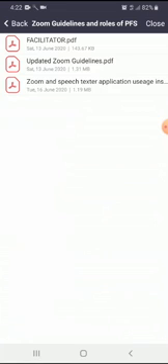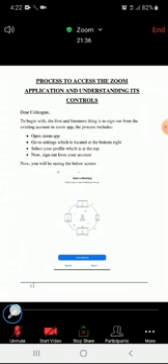For example, I am going to select this. Over here, you have all these PDFs available. So you can open any of the PDFs and show them. For example, I'm selecting the third one. Yes, after selecting, you have to select the share button which is there at the top. Yes, now as you can see the PDF, this PDF will be seen by all the participants, that is by all the students.